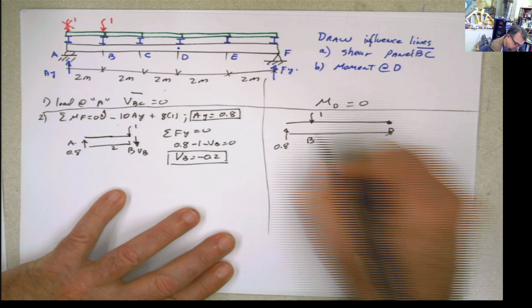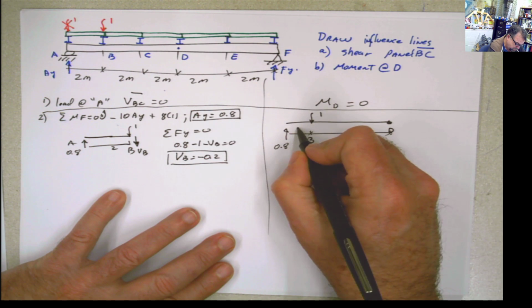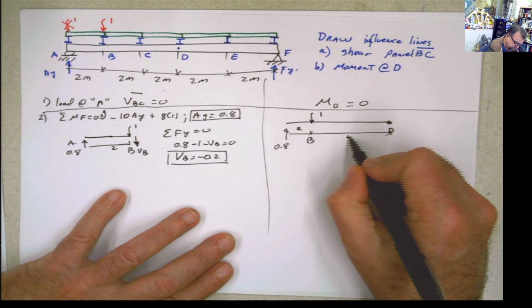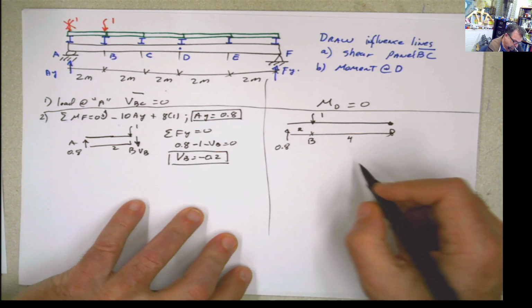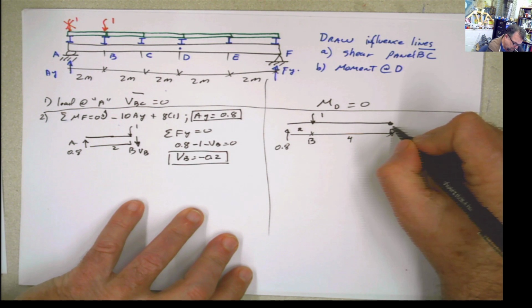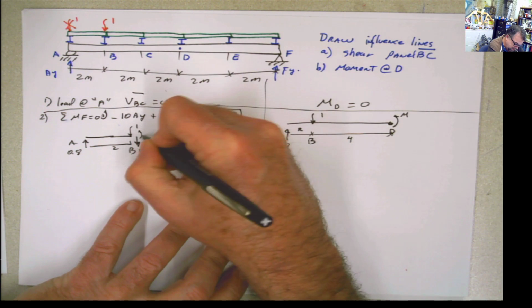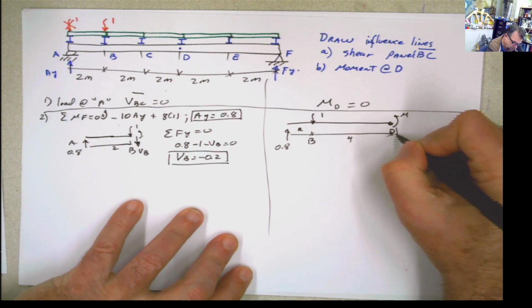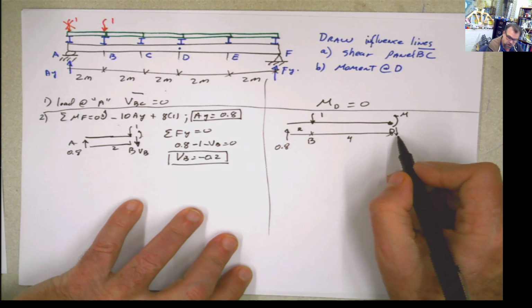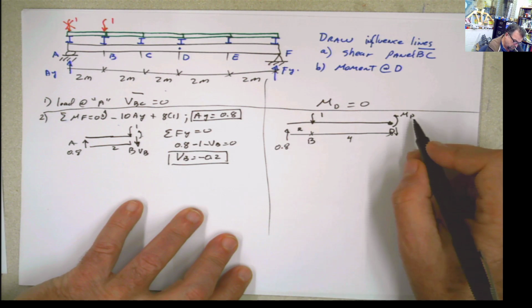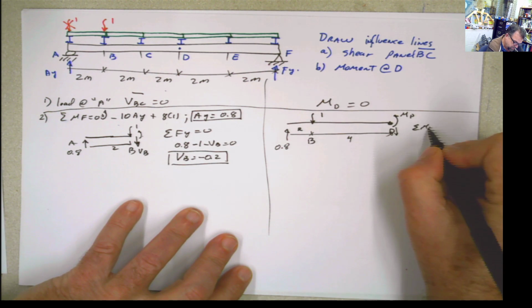This distance here is 2, and this is 2 plus 2, 4. Of course I have a moment here, but I'm not interested in that, in the same way that I'm not interested in this, because I'm not calculating shear for this portion. So the moment at D, summation of moments at D equals 0,